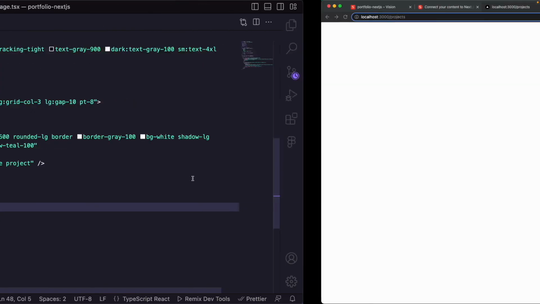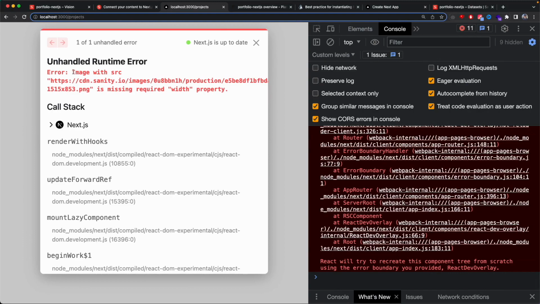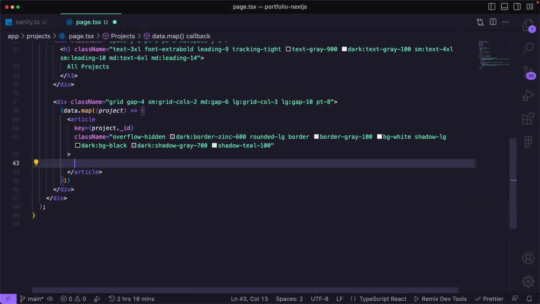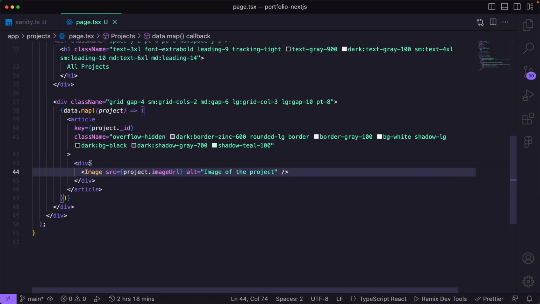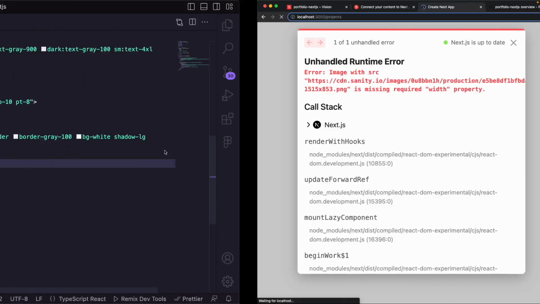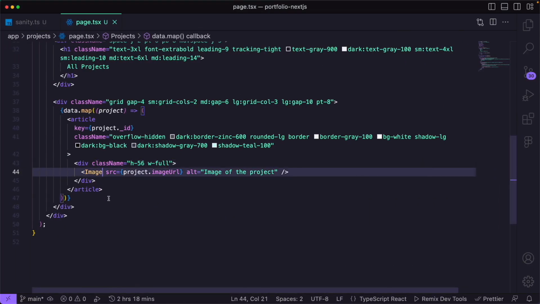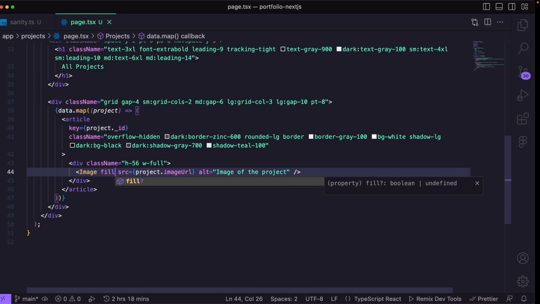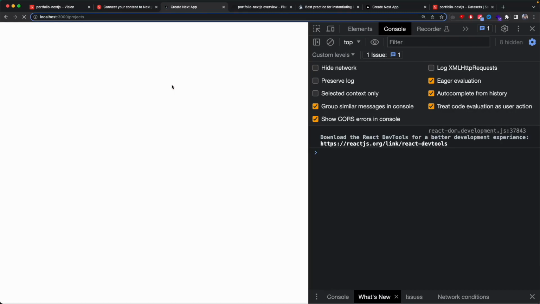If I now save that and go back, you will see we get an error. And it tells me image with source, with the source right here, is missing required width property. So let me change that. Let me wrap my image inside of a div element. So let me paste that back. And let's add a styling for my div element. Let's give it a class name of h-56 and width will be full. Now if I go back, I will also have to give my image now also a style, which will just be full. And now if I save that and go back, you will see we don't get the error anymore with width,